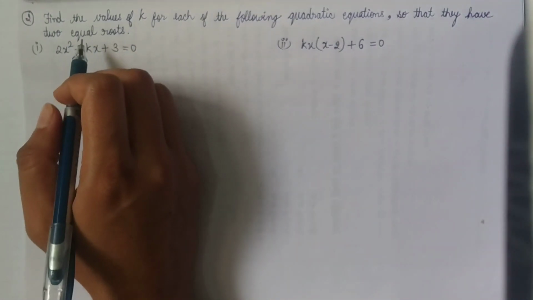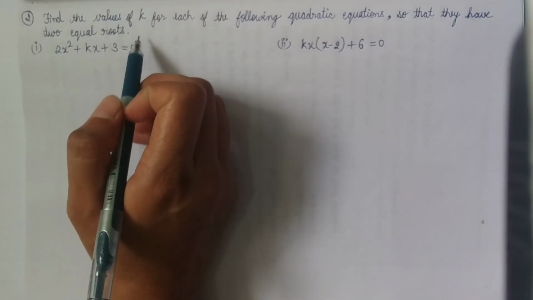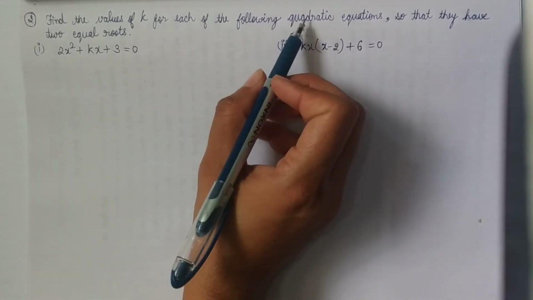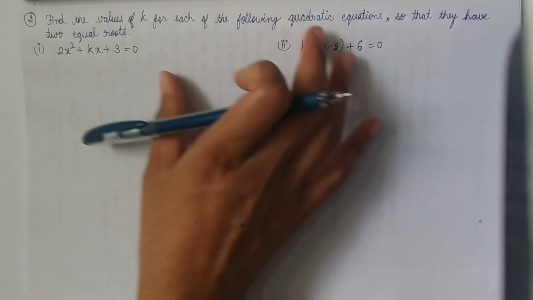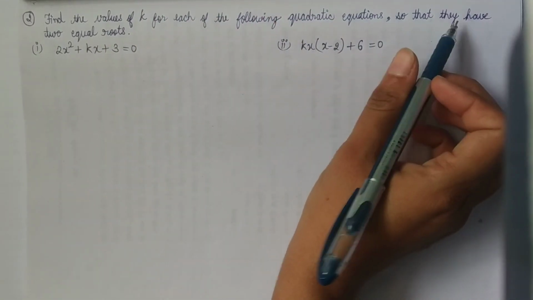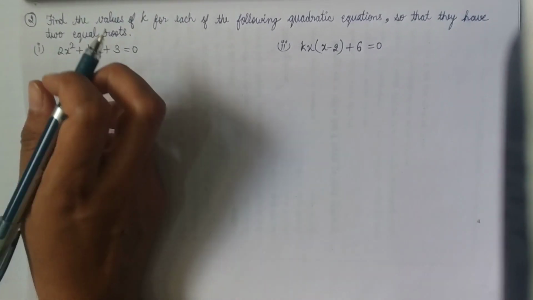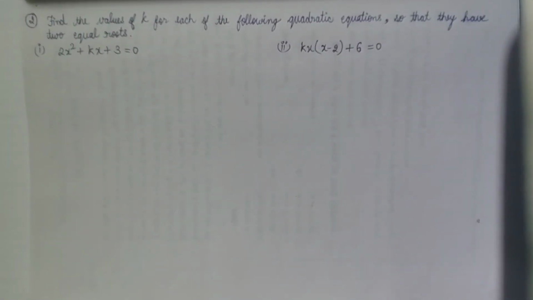There is also a situation given here. Find the values of k. We have to find the value of k for each of the following quadratic equations, so that they have 2 equal roots. Their situation is already given that they have 2 equal roots, and we already know that when we have 2